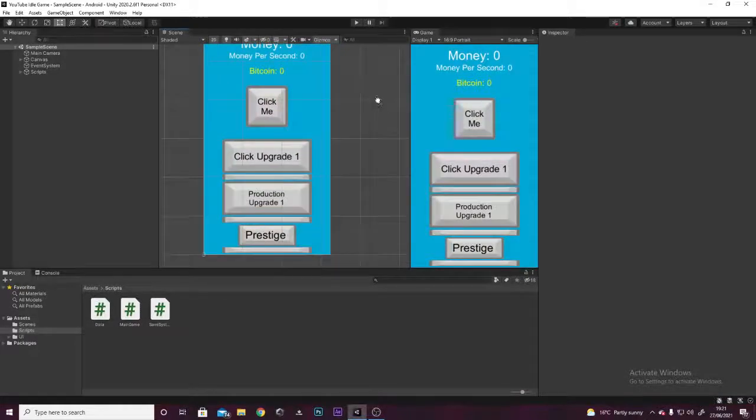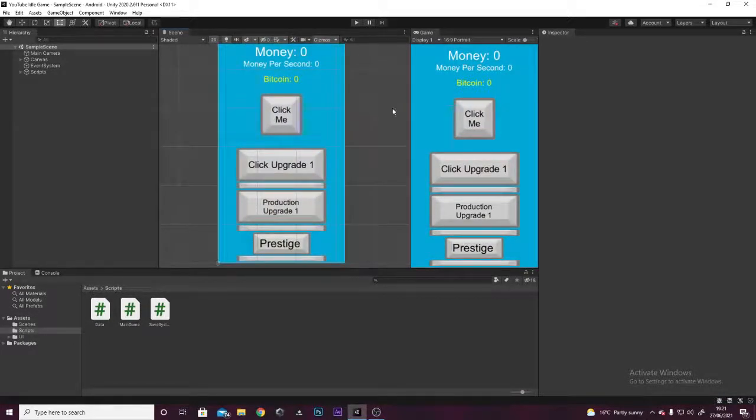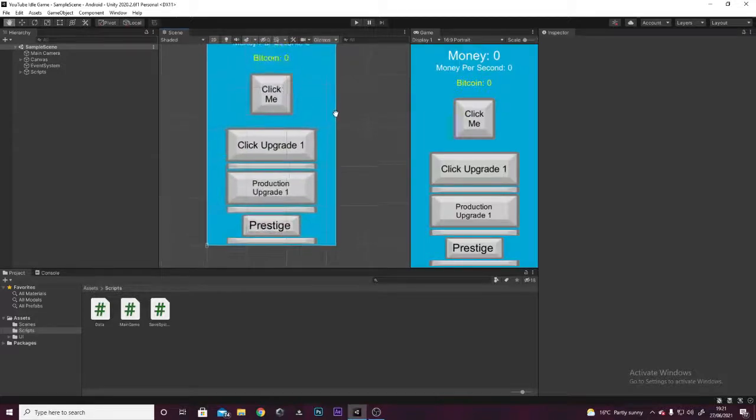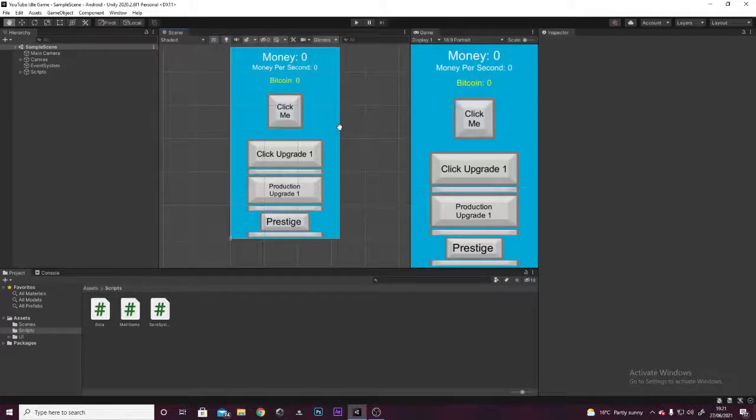Today we're going to be talking about BreakInfinity. BreakInfinity is basically an infinitely large number system. Well, it's not infinite, it does have an end, but it is really big and you'll most likely never reach it. The way this is going to work is we're going to be converting some of our doubles